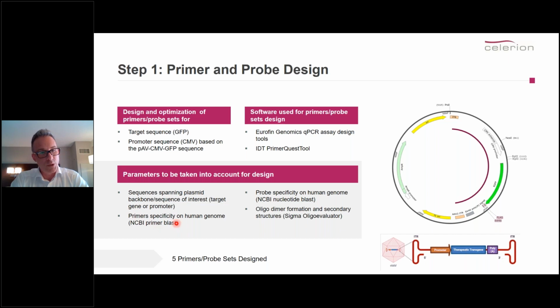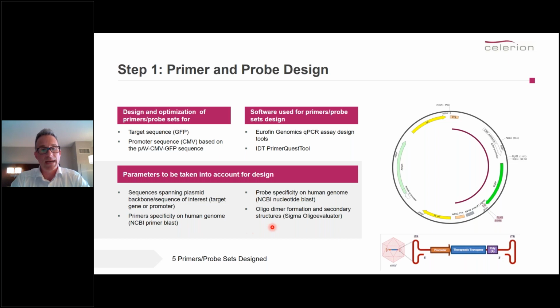But then your short list of primers and probes really needs to be tested and checked again for the specificity in the human genome. And the NCBI nucleotide BLAST is very good for that. And also you want to check the primers as well with the NCBI Primer-BLAST. They're openly available, free to use software